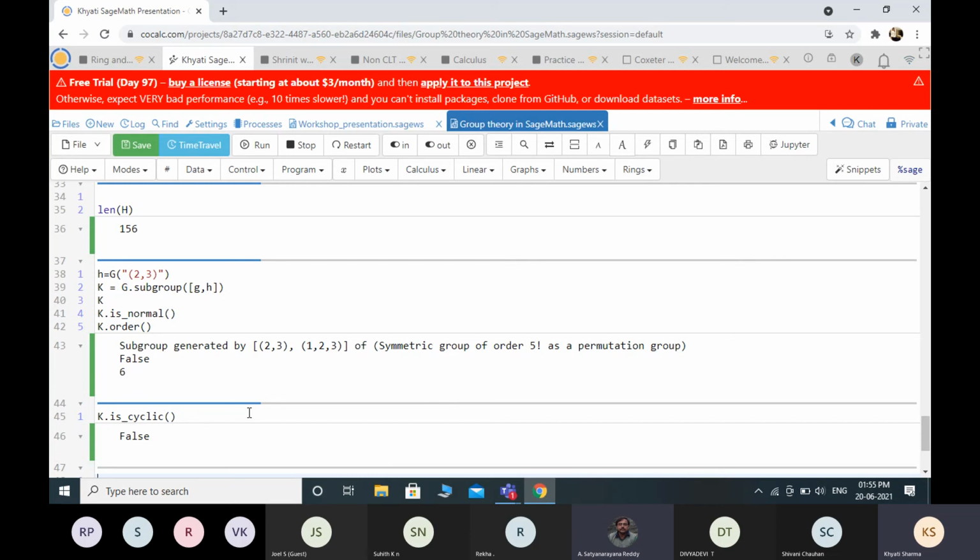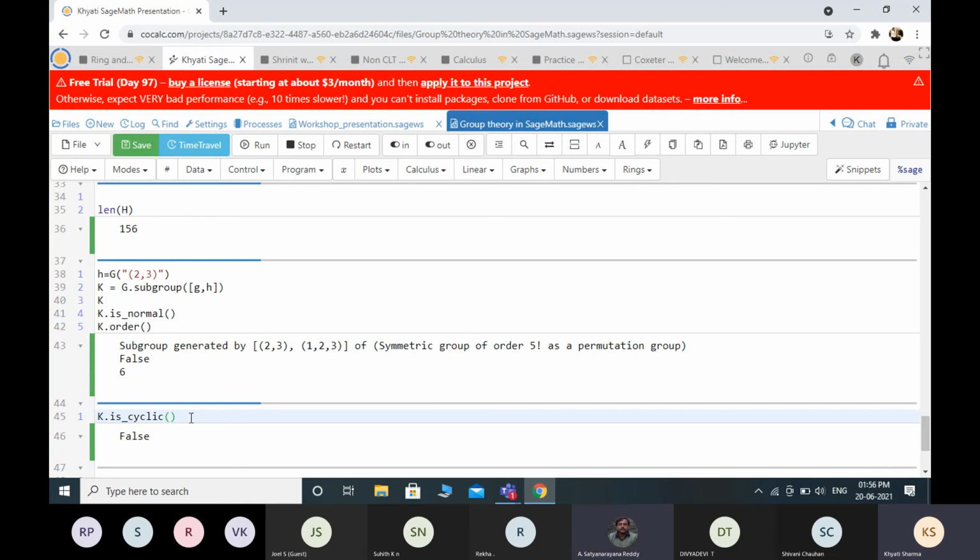So it's false because it's generated by 2 elements, so it's not cyclic. So yes. Sir, can I check that thing? List of all cyclic subgroups. No, that's okay. See, you take one element at a time and check cyclic or not, right? If yes, then only it will give. Now we can write program easily, but is there any command? Means for that in the list we have to define like K from H.